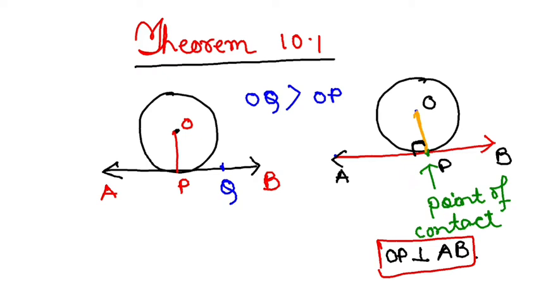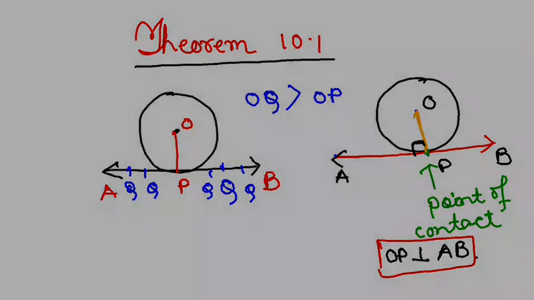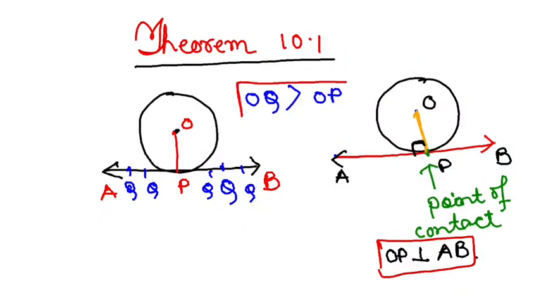Right? Now, I want to make it more generalized. The statement goes like this: if I take Q anywhere, not particularly here, let's say I'm taking Q here or here or here or here, ultimately Q is going to be outside the circle. That means in any case I will have OQ greater than OP. That means, in other words, OP is the smallest distance. So what I can write over here, this is very very important, is that OP is the shortest distance,